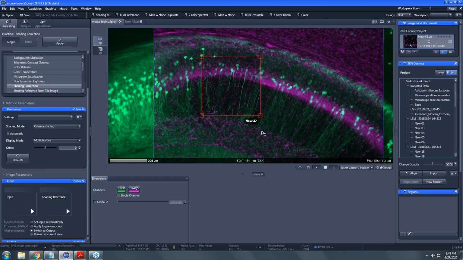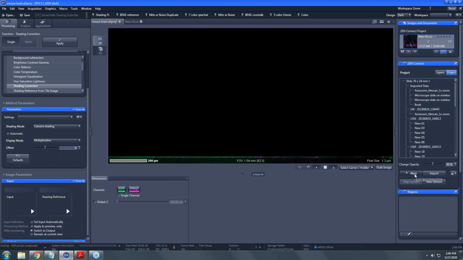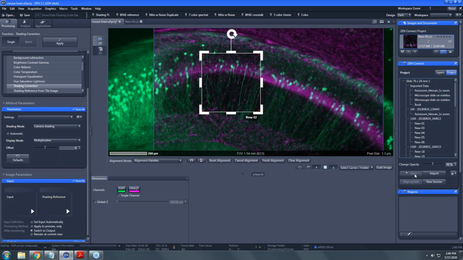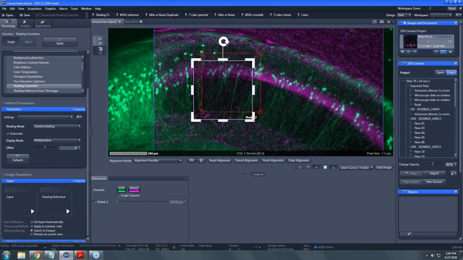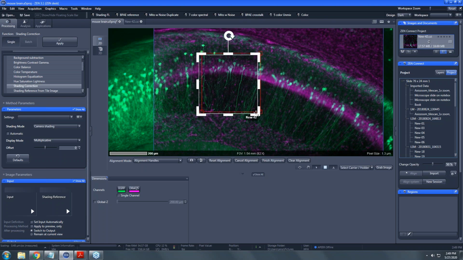Chantal, I think we were going to show people, if they were using it for that, how they would do the initial alignment of the images, right? Correct. Did you want to do that? Yeah, so I was going to use just this component here. Okay. Can I describe what you're going to do as you do it? Yeah, so I changed the opacity of the sample just so we could kind of see through it. And then I hit the align button here. And you can see that I can move this sample over